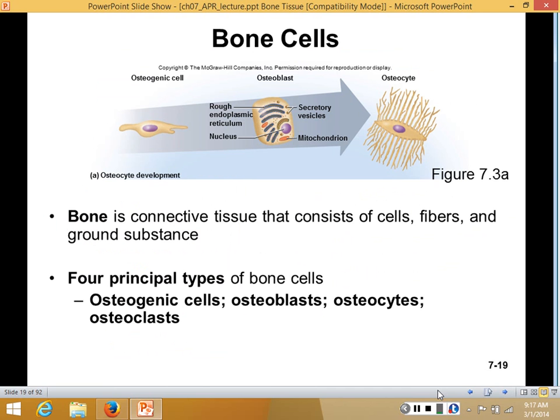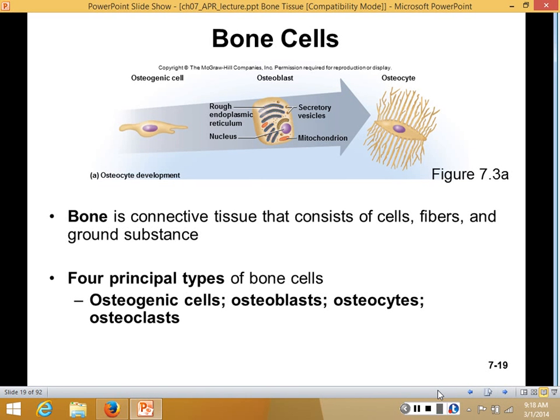So I think we're here. The different types of bone cells. There are 4 types you need to be familiar with. You have your osteogenic cells, your osteoblasts, your osteocytes, and your osteoclasts. In your textbook, on page 210, exactly, on page 210, your osteogenic cells, the first cell that you see, guys, of course, is your stem